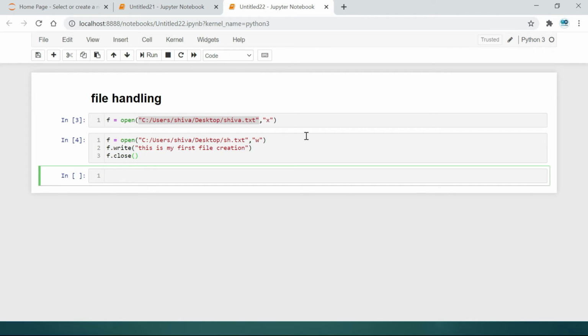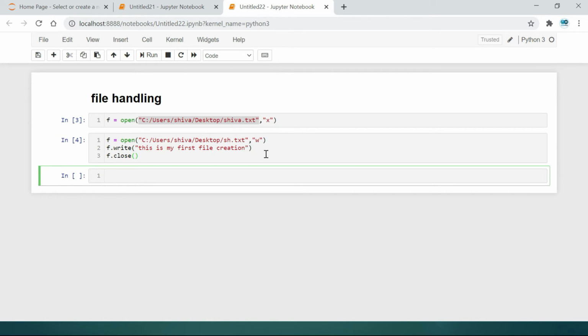Here we are using the same thing: a file name and the open function, giving the same file path, but the mode should be changed, here X and here W. X means only creating a specific file, but here we want to write something in the file.